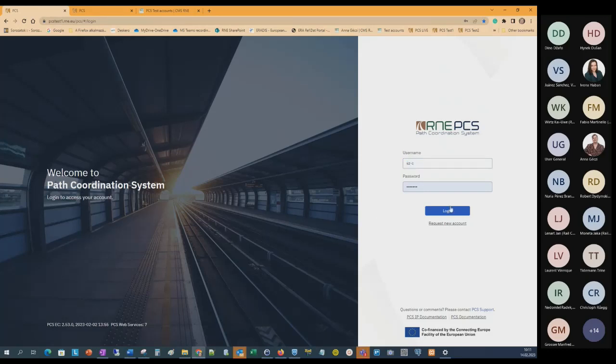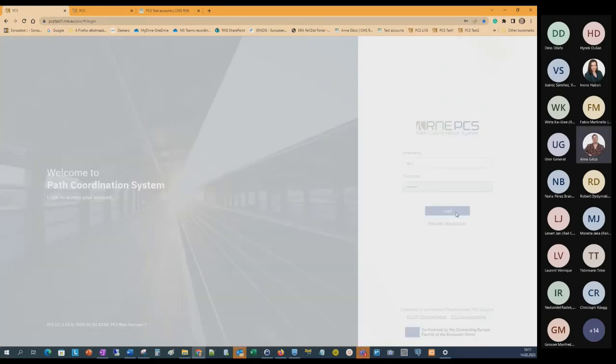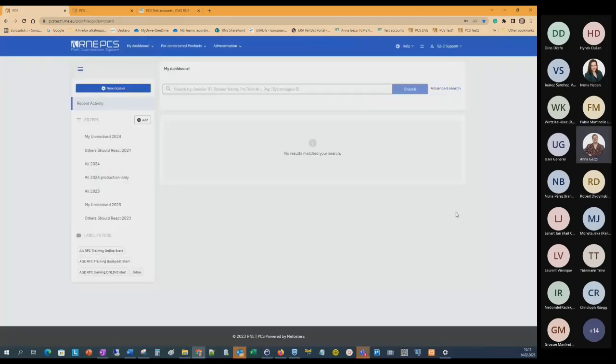Let's log in now. Once we log in, you get to the dashboard. At this time, I will not talk about the dashboard, the hamburger menu, the filters, or the main menus and sub-menus and any other features. This has been covered by the beginner session. Then we are focusing on